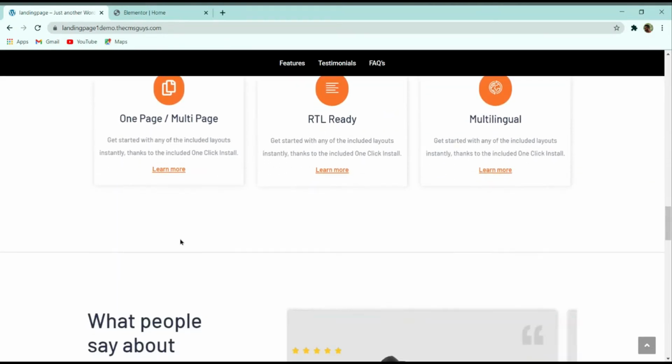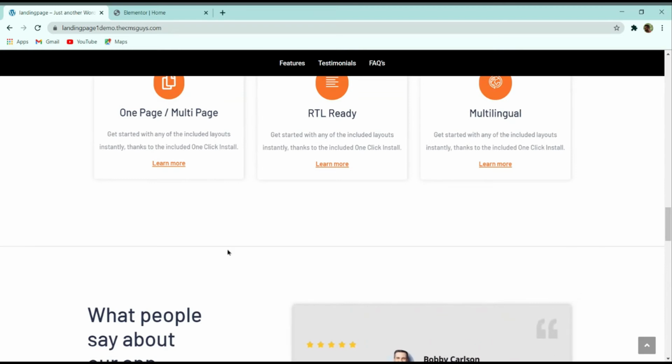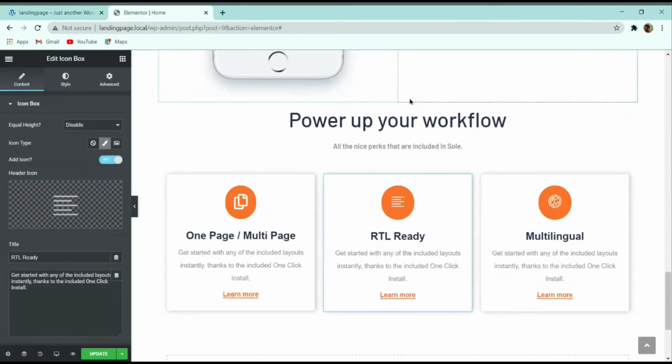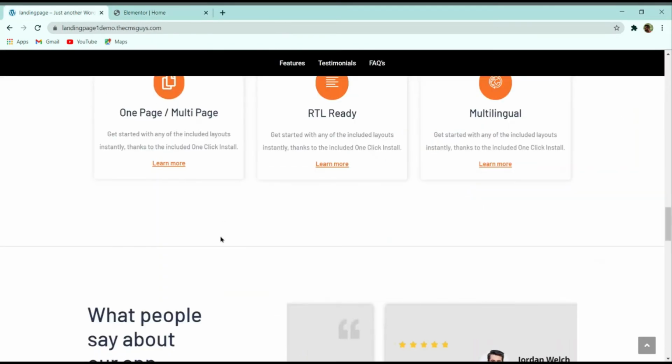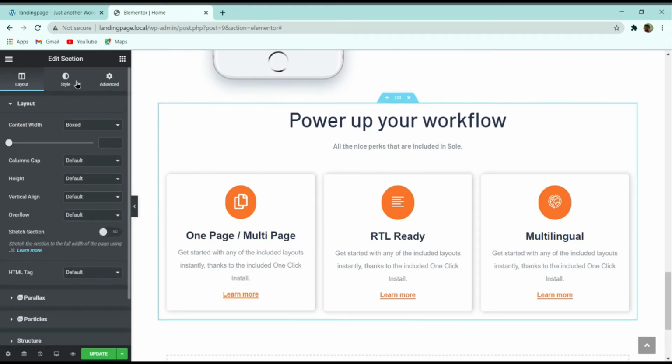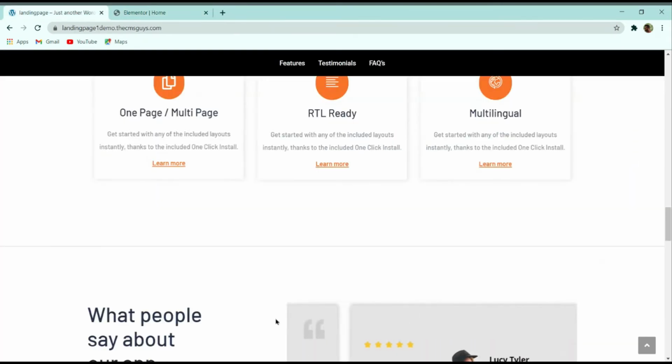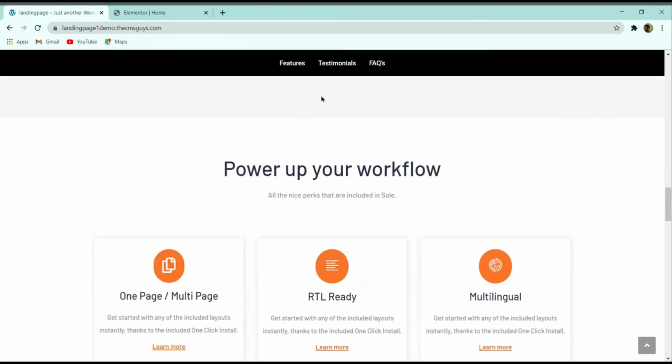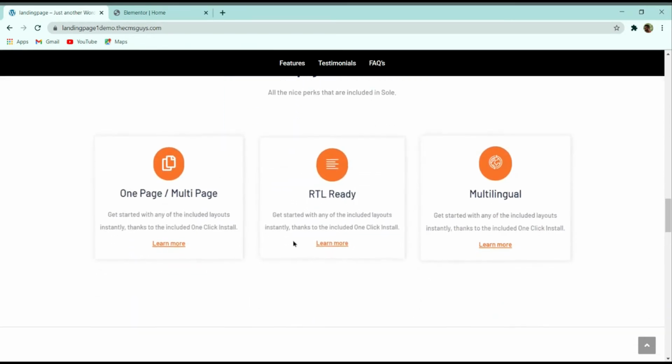So one more part is left over here, that is here you can see that there is a bottom border there. So basically we have to add this border to this one. So let us now make that border. So basically here I will select this, click on this six dot, and then I will go to the advanced section, and here I will add a 100 top margin and 100 bottom margin.